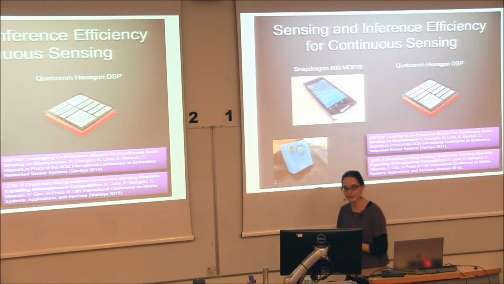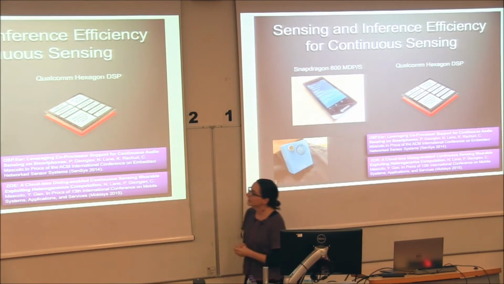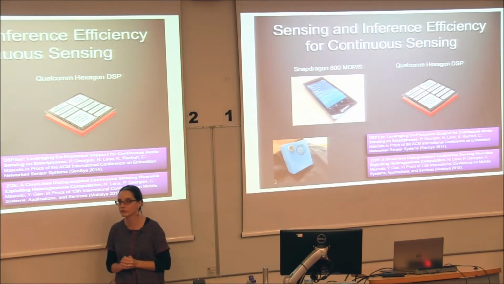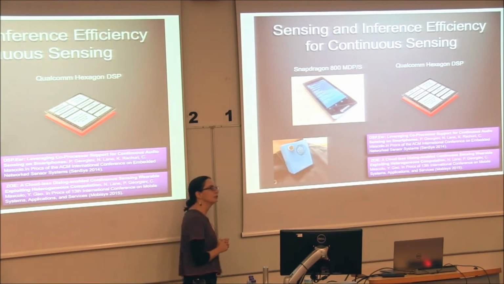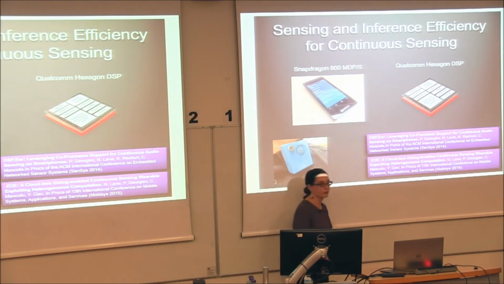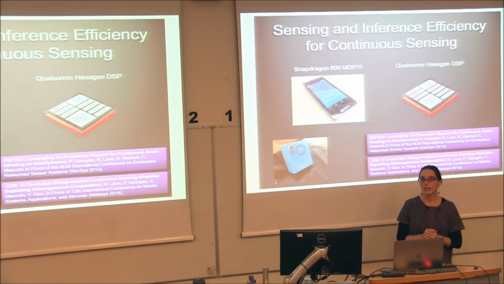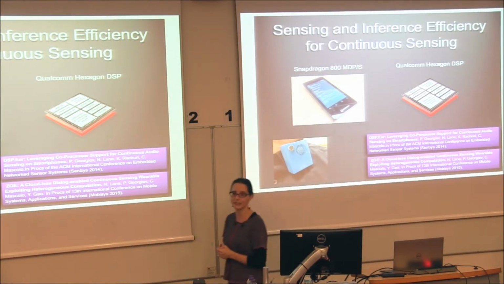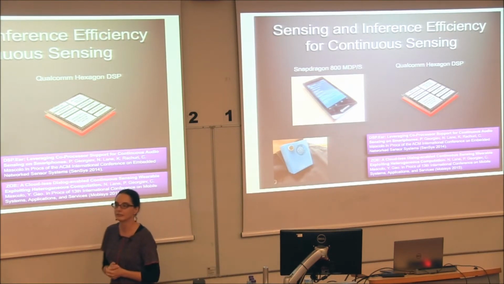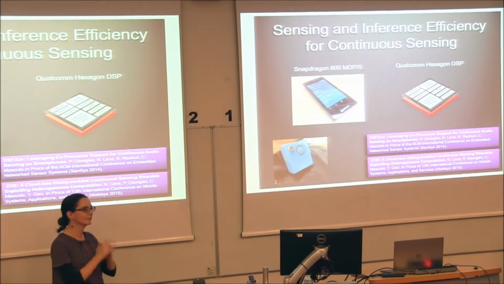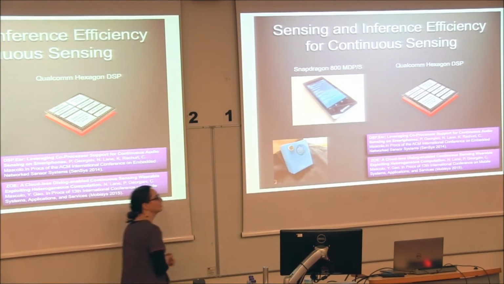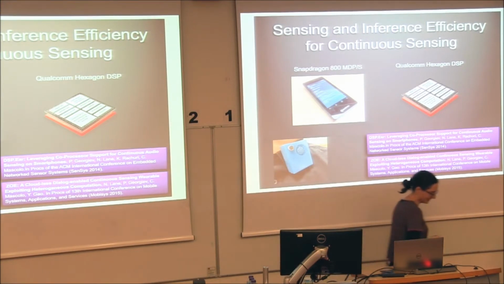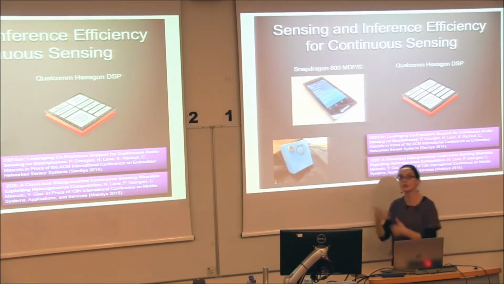So we've done a few works, and these are more systemy works, that have tried to use different processors on wearables and also on our mobile phones to improve the energy consumption of continuous sensing on the microphone. We have tried to use the coprocessor, the one that is on most of our phones and is currently just used for motion recognition. So it's dedicated for that. We tried to see if that could be used to improve the microphone usage and processing